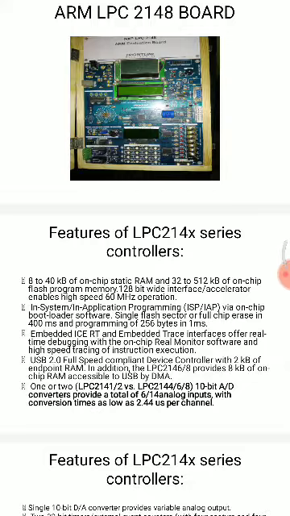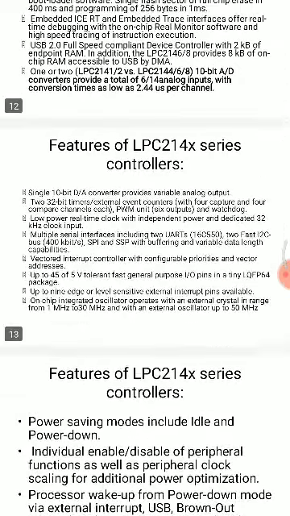In addition, the LPC 2148 provides 8 KB of on-chip RAM accessible to USB by DMA. The 10-bit ADC provides a total of 6 to 14 analog pins with conversion times as low as 2.44 microseconds per channel. Then what are the other features of the LPC 2148 series? Single 10-bit DAC, 32-bit timers, external event counters for capture and 4 compare channels,